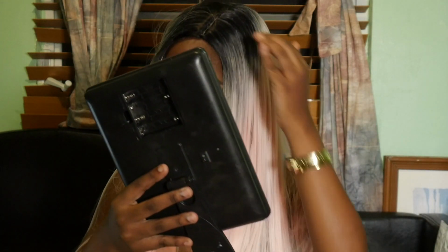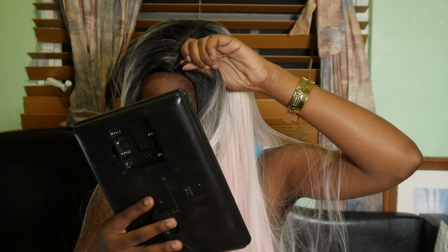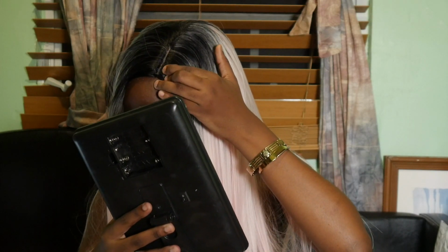If you want to know how to style these wigs or how I finesse them, I'll have separate videos on them. But like I said, this is a try on of 3 wigs. So this is the first one. I like it. Oh, the part. I didn't talk about the parting. So like I said, this is a lace part wig, not a lace wig. It has the lace part. It needs some plucking, definitely needs some plucking, or you could just put some concealer there. That'd be nice. But overall, I like it. Let's go on to